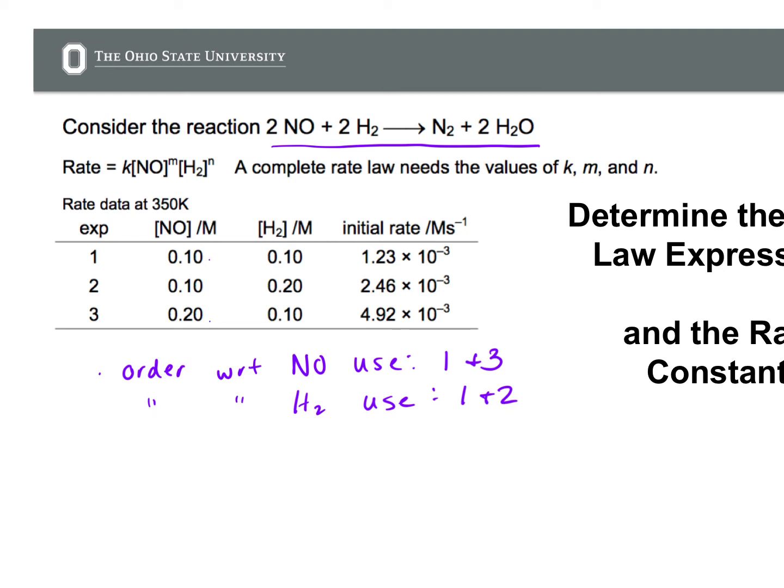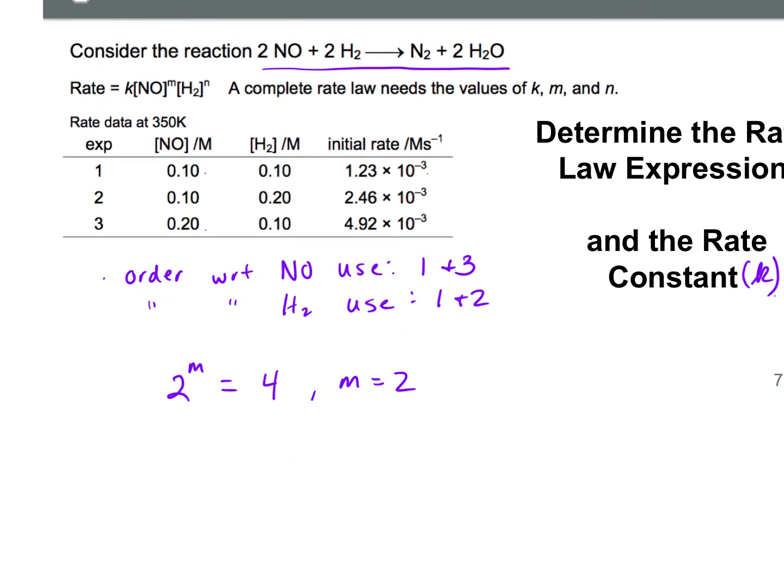We know that for 1 and 3, the concentration of NO is doubled. And what happens to the initial rate? Goes up by a factor of 4, right? My math right? Yeah. So the order has to be 2. Okay. If we want to use the equation,